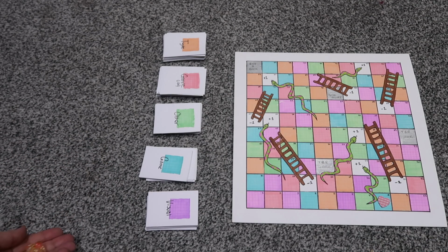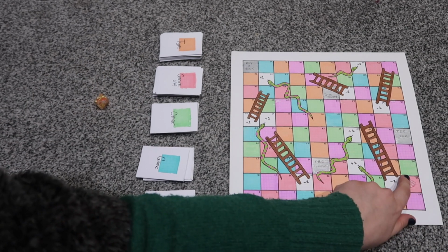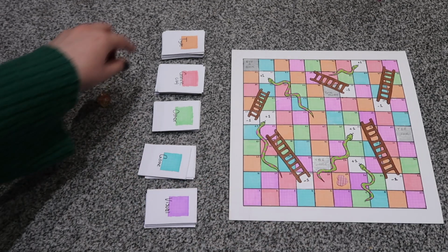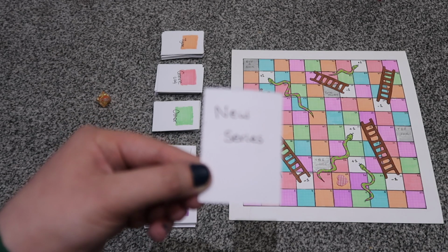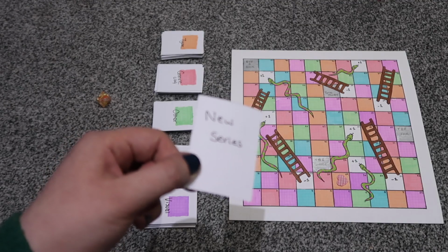So, there we go. Roll number 4 is a 7. 1, 2, 3, 4, 5, 6, 7. So that is orange, which is type, and the type prompt is a new series. That's just start a new series. Okay, so roll number 4 we got type, and for type we've got new series, and for this one, this